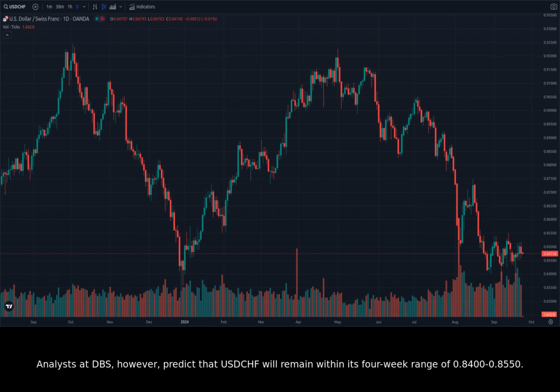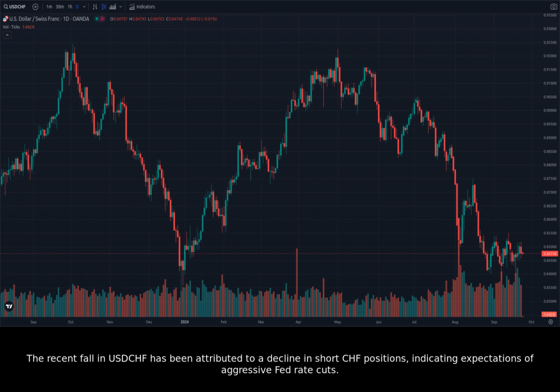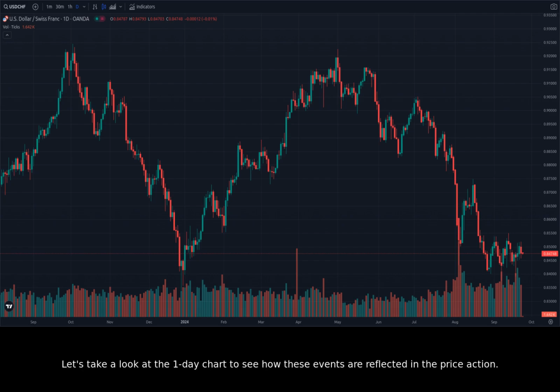Analysts at DBS, however, predict that USDCHF will remain within its 4-week range of 0.8400 to 0.8550. The recent fall in USDCHF has been attributed to a decline in short CHF positions, indicating expectations of aggressive Fed rate cuts. Let's take a look at the one-day chart to see how these events are reflected in the